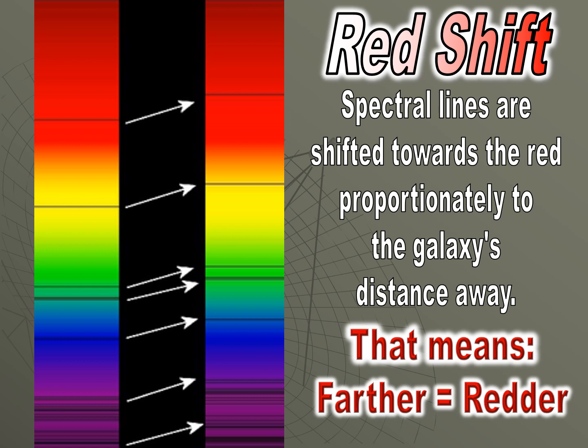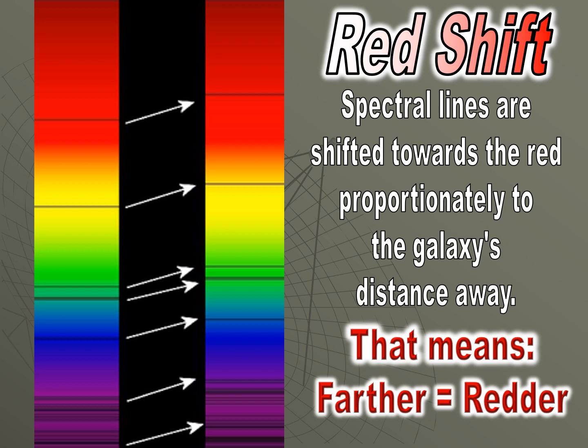Well, if you remember the spectral lines lab, if you've done that one, then you know that every element has a very exact signature wavelength. Not just one, it has several signature wavelengths. So we know what those wavelengths are. And if we find one of those and we see how much it's been shifted, well, then we know exactly how much it's changed. Now remember, just because we call it a redshift does not mean that the colors are actually turned red. Notice that the second one down, the yellow wavelength, well, it still kind of remains yellow, maybe a little more orange now, but it's shifted toward the red end of the spectrum.